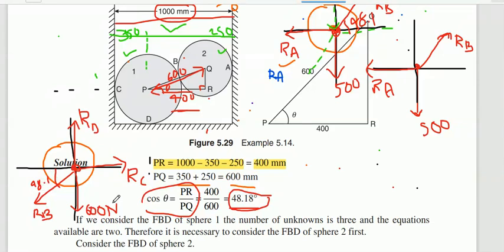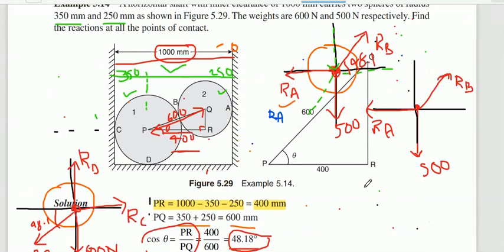Is it clear? Yes, ma'am. So try to understand. I will post the videos also. If you are still having doubt, you just go through those videos. So now this is the free body diagram. Only RB is an inclined force. RB inclination we have calculated. So now we need to consider the free body diagrams and apply the equilibrium condition as well as Lami's theorem.